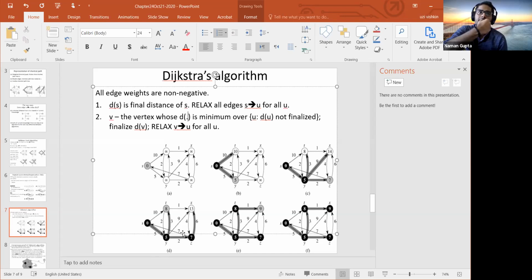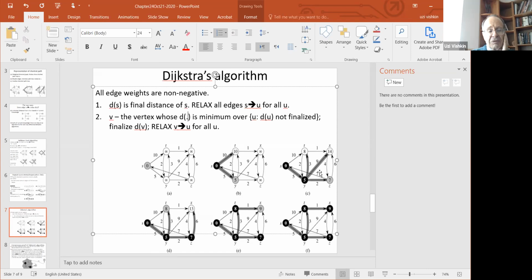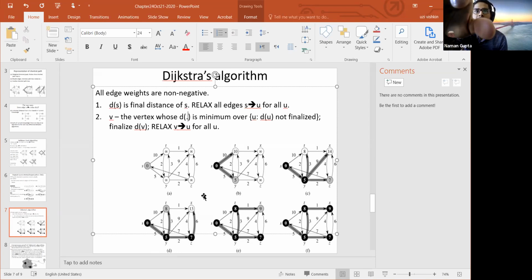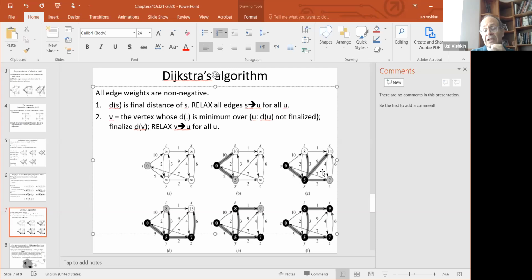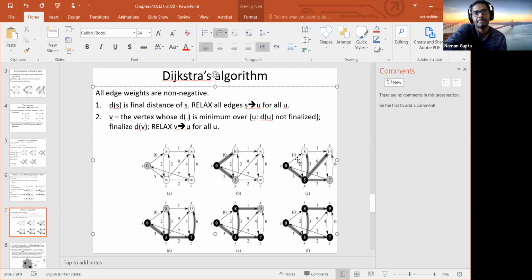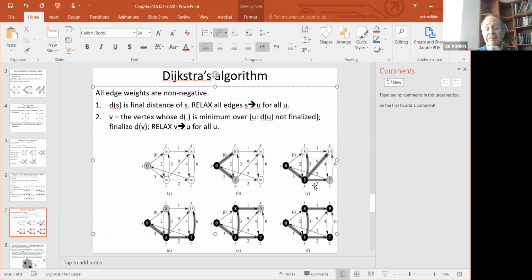I wanted to ask about step C. First, the X node was 14, then it was updated to 13. Just a second. What step are you in? From step C to step D. Okay. So let's do one step at a time. I'm in step C. In step C, I just declared Z to be finalized, right? Yeah. Okay. And now,